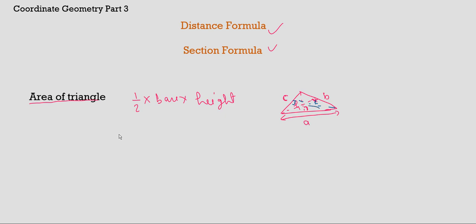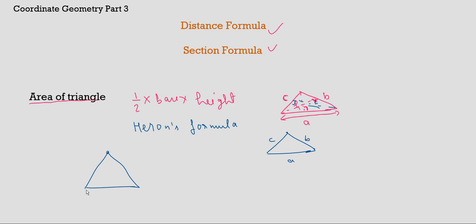Understand? Now the second method you know is Heron's formula. This formula is based on any triangle you can choose, and the basic requirement is that you should know the side lengths A, B and C. Now, in your 10th class a new concept is introduced, which is based on coordinate points.